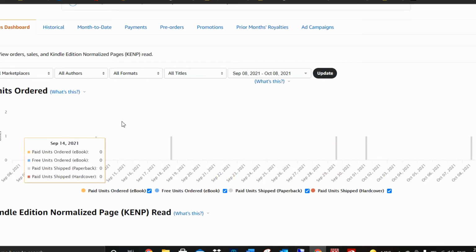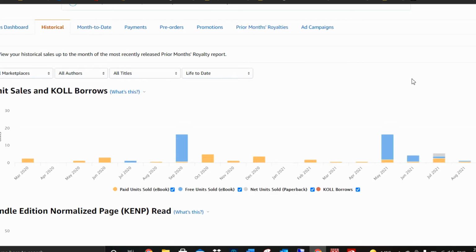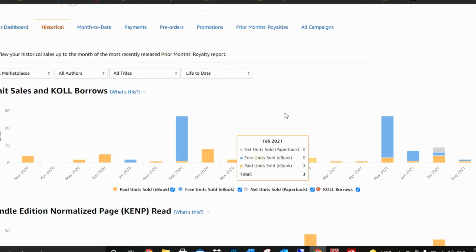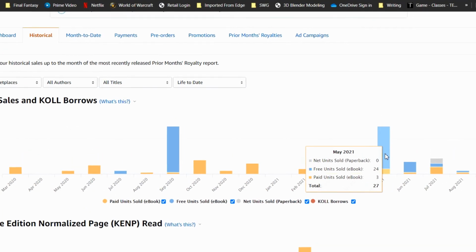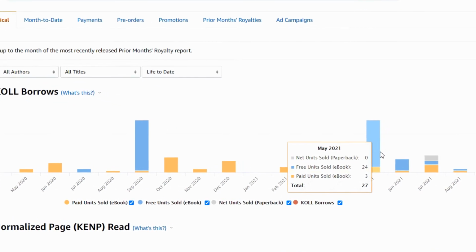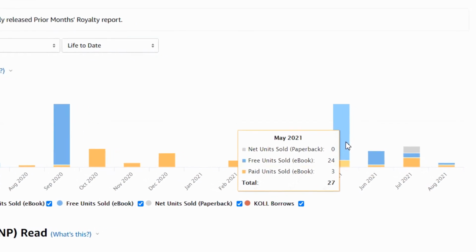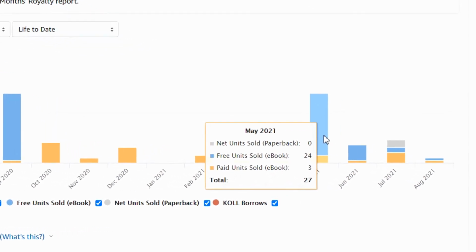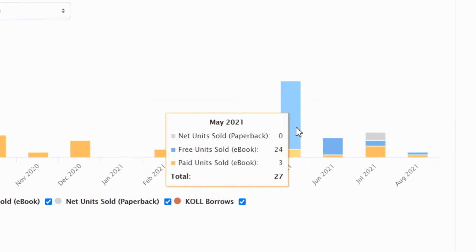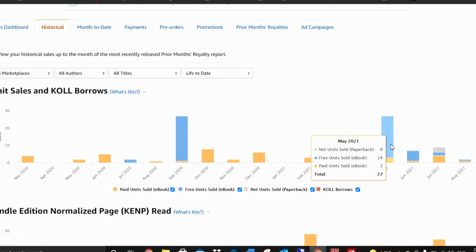Now, if you want to look at my historical, let's go back to historical. I believe I've shown you this before, but you can kind of see the addition. May was a sale. This is when I first put one of my ebooks for free. This is called a perma-free ebook, where if you publish full content books and you have a series, and you list your first one as permanently free, there's a process involved in doing this, then you can increase the visibility of your series and potentially make more sales of other books in the same series.